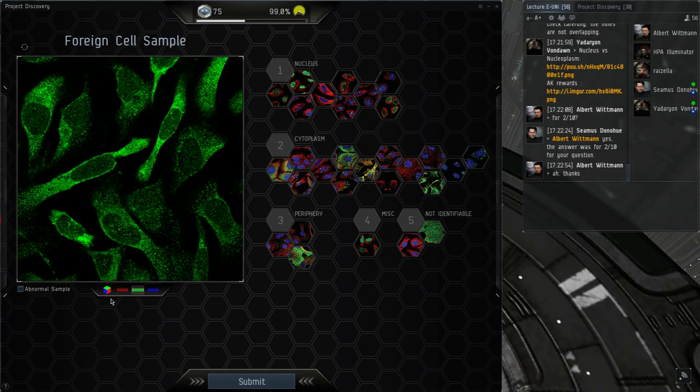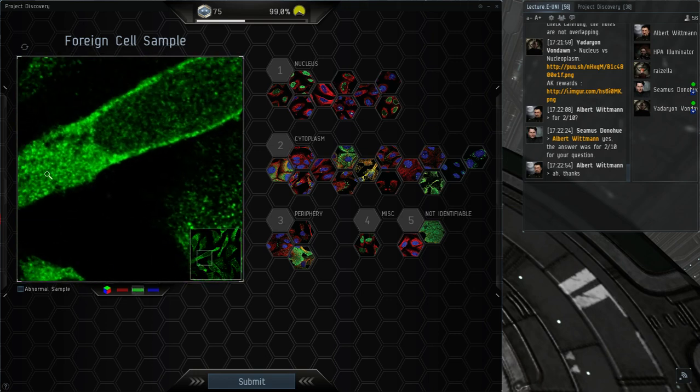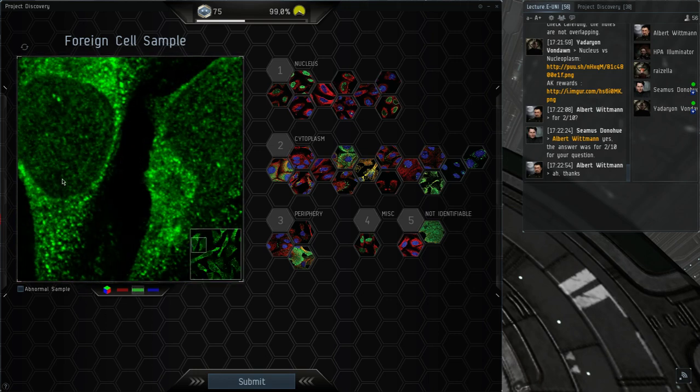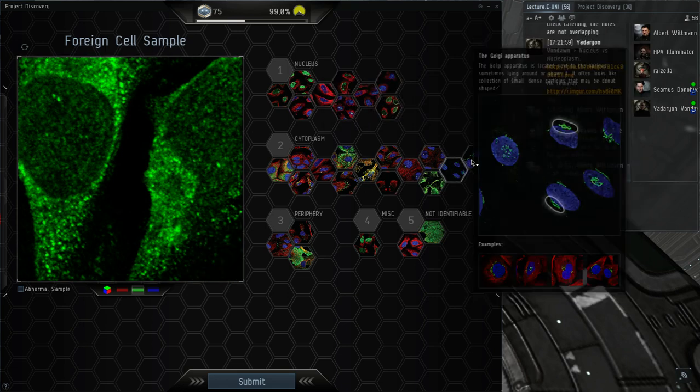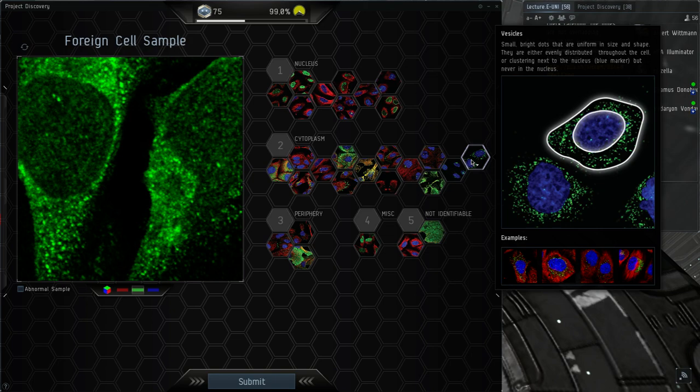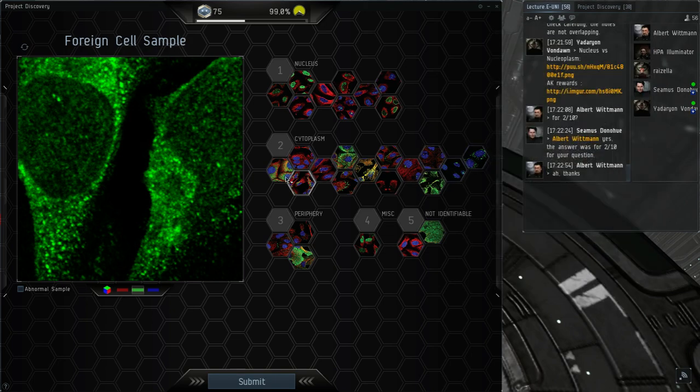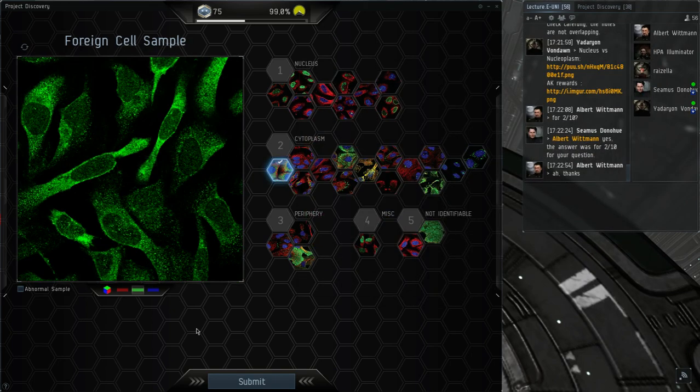Here we have quite a nice sample. We can see that it's mostly not overlapping with the nucleus, so we have a cytoplasmic staining. Let's zoom in. It sort of looks a bit like vesicles here. It's sort of a dot-like granular pattern. But for vesicles I would prefer to have less background, so I would say this is just cytoplasm. I think the staining we see in the nucleus is just background because it's too weak compared to the cytoplasm.